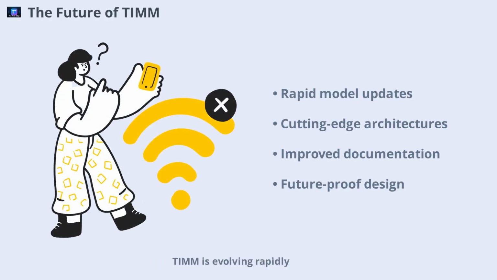TIMM is evolving rapidly, with new architectures and features added regularly. Recent additions include massive models like EVA02 and efficient designs like FastViT and MaxViT. The roadmap promises even more efficient architectures, better fine-tuning recipes, and enhanced documentation. As the field of computer vision advances, TIMM remains at the forefront, ensuring you always have access to the latest